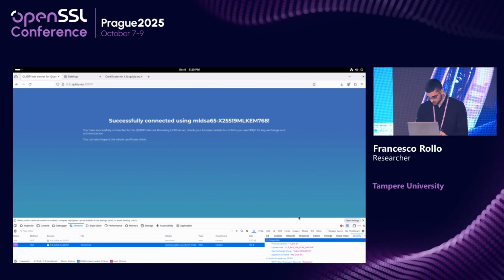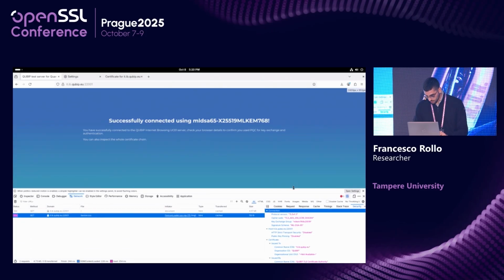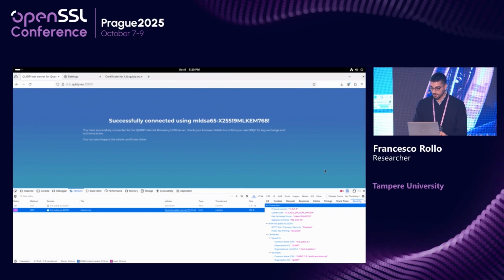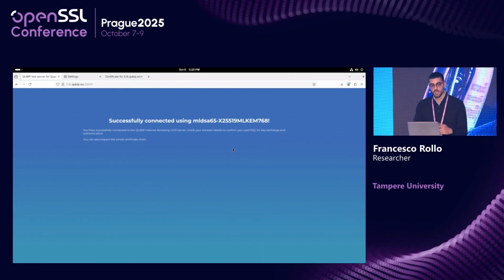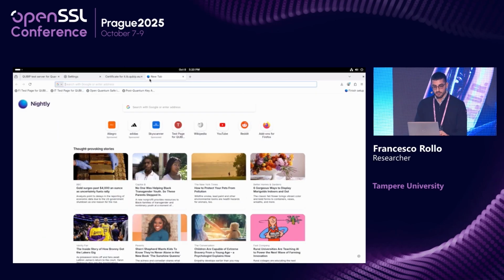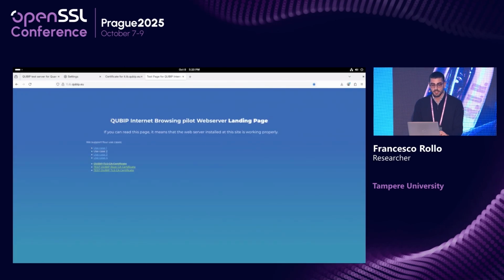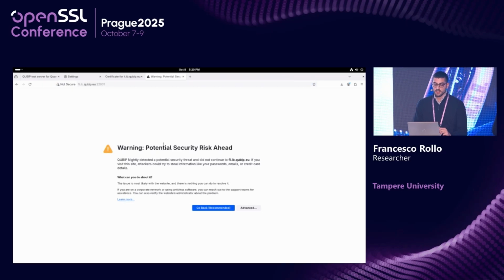I can grab this. OK, so we are using, as a signature scheme, MLDSA65, and as a key exchange group, we are using X25519MLKEM768. There is ongoing development for testing other algorithms, so post-quantum signature algorithms. And if we go to the landing page, if we go to use case 1, of course, we get,